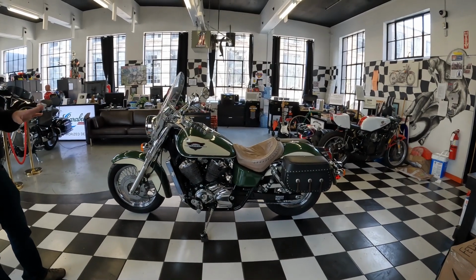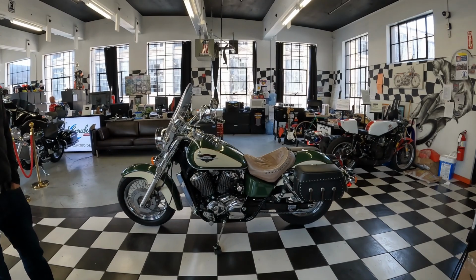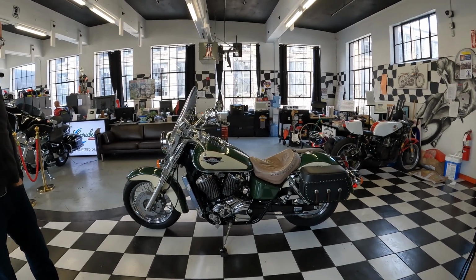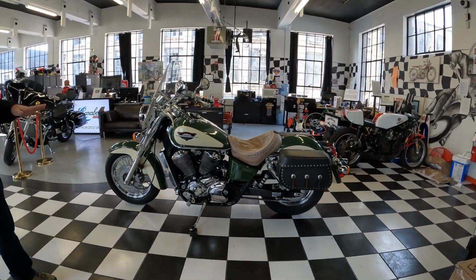Yeah, Bill, I was going to say, the middleweight cruiser, you can bomb around in the parking lot and do figure eights, do stunts on it, and then take it out and do 1,000 miles in a day, but be comfortable. Exactly right. And being that it's got such a low seat height, it is good for a beginner rider